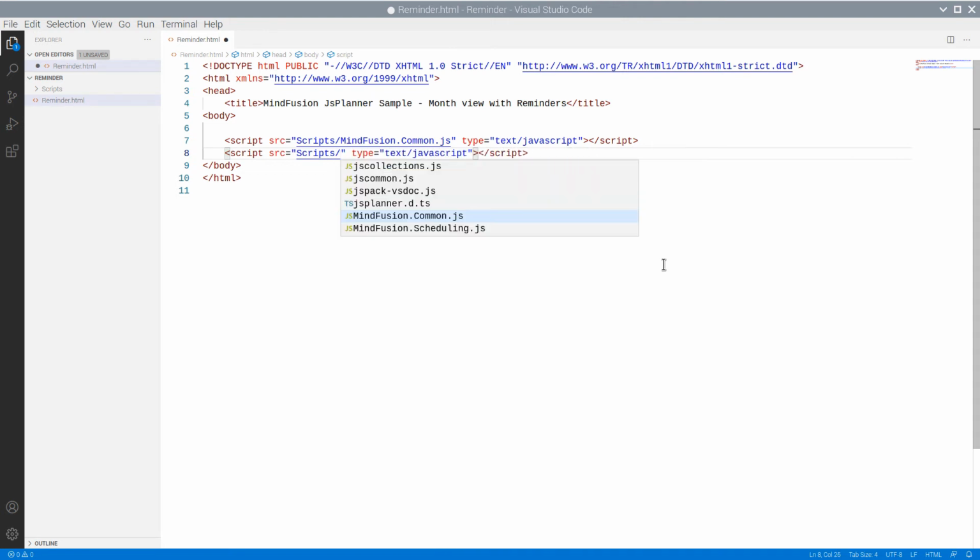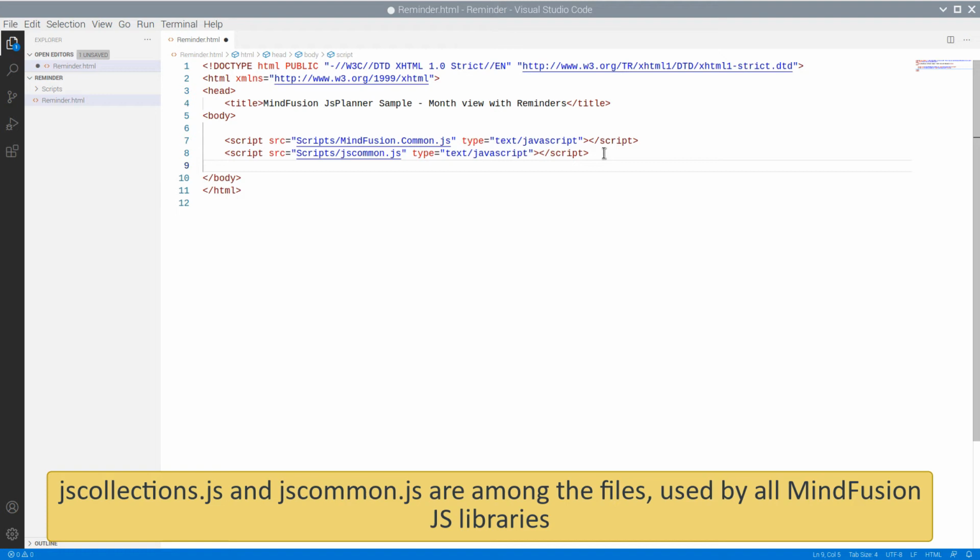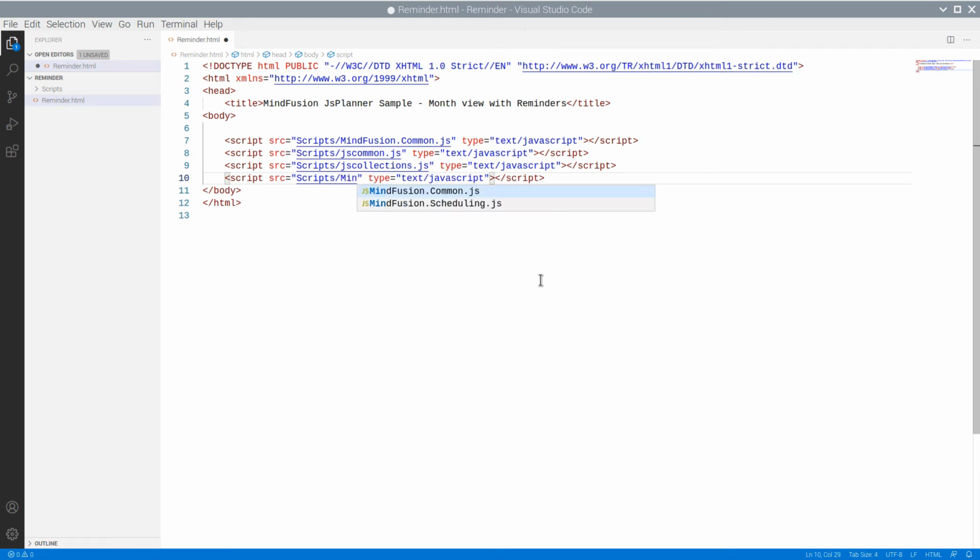Then we add references to the collections file and the scheduling file. Scheduling is, of course, the JavaScript file that contains the functionality of the calendar library.